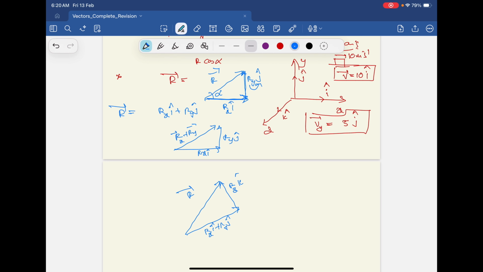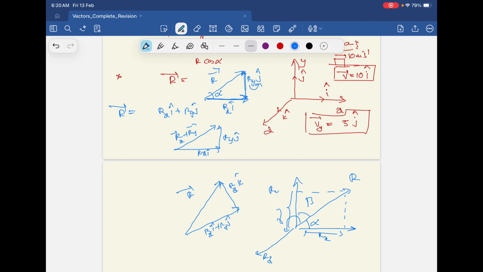So when a vector is in space, this is r bar. Its x component is rx, y component is ry, z component is rz. And if this angle is alpha, this angle is beta, and some angle here is gamma. A perpendicular on this gives the x component rx, a perpendicular on this gives the y component ry, a perpendicular on this gives rz,